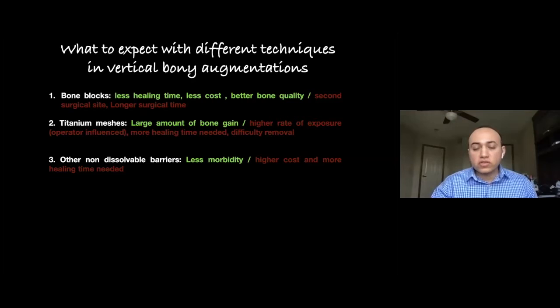Chances of exposure is lower, especially if you don't have a lot of experience with them, but they have higher cost and more healing time is needed. I have to just say that with one non-dissolvable barrier, which is a cytoplast, these membranes are occlusive membranes. Once they get exposed, you will see the flap almost sliding over the membrane. So the chances of the membrane itself to be exposed is low, but once it's exposed, there's a problem with it